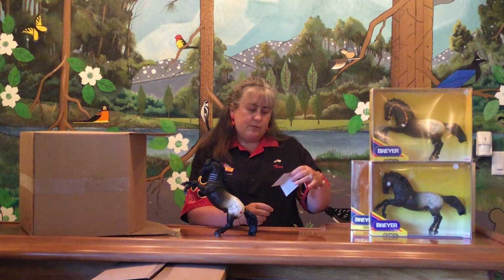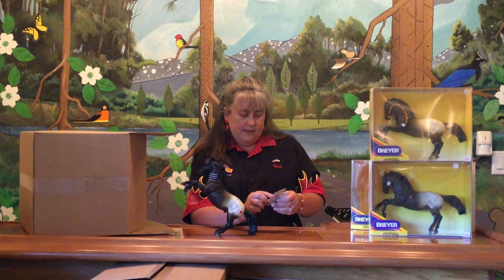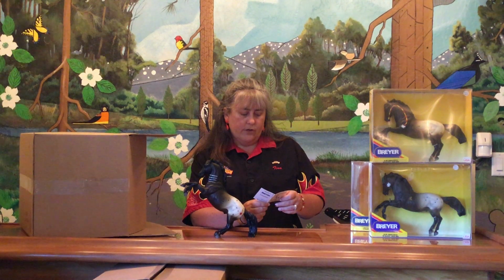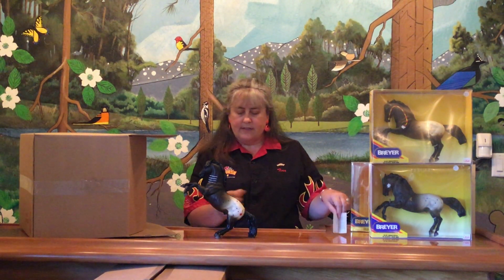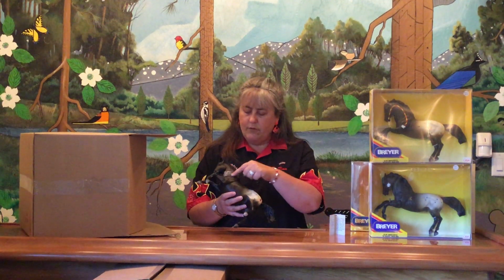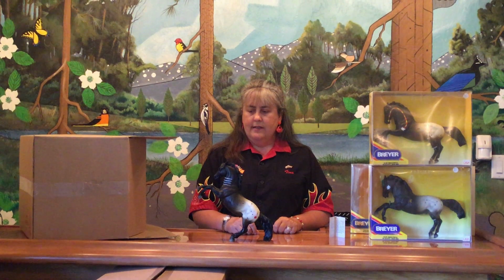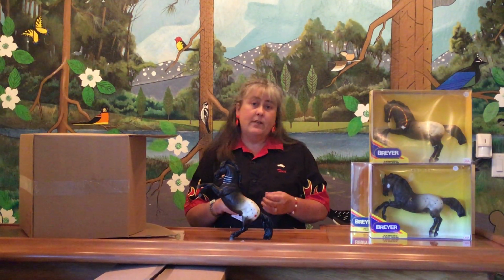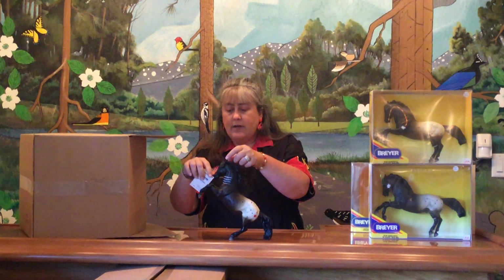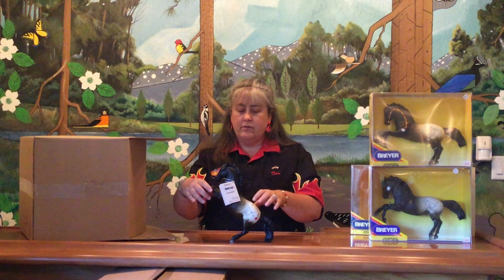So this is Ponica Emeta Blackfeet Indian Horse 897. This is collect all 4 Native American designs for 1995. So this was from the 2nd series. And he has 4 stripes on his neck and a red handprint on his butt. So knowing collectors who like to be completists, that probably completes the set of 8 horses, I'm